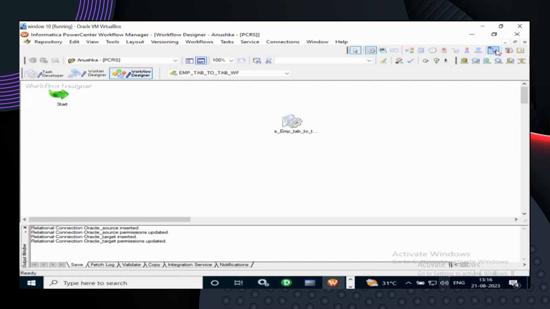Anushka, drag that link into the workflow designer. Don't click on that, Anushka. Click. Don't leave your mouse. Drag it into the workflow designer. I drag it, but